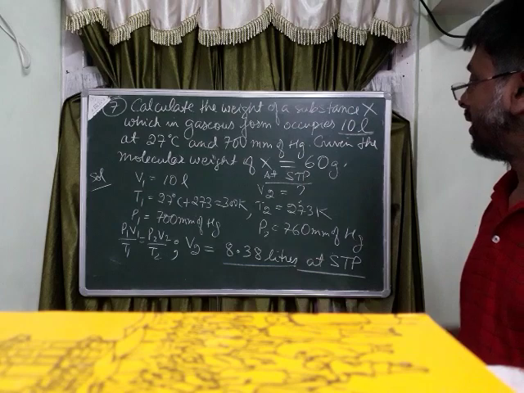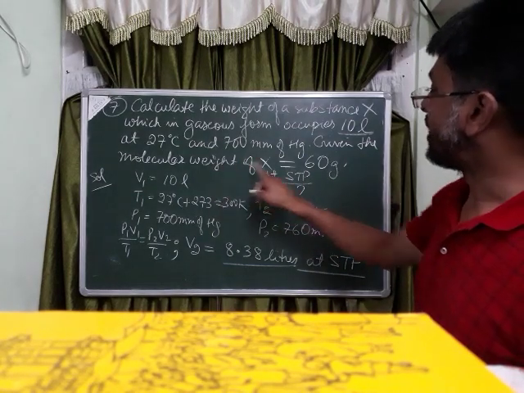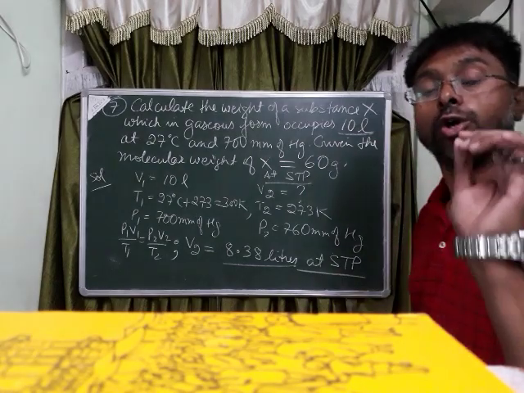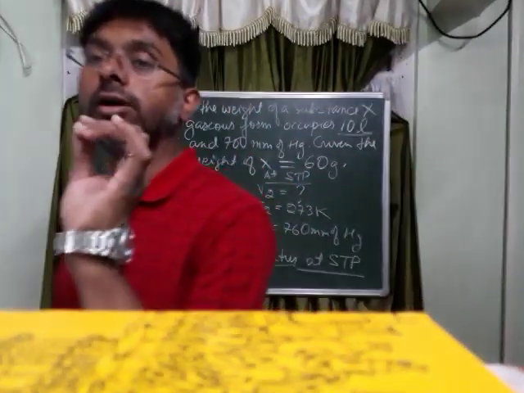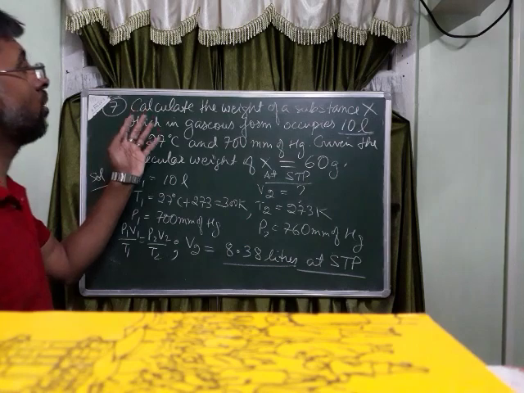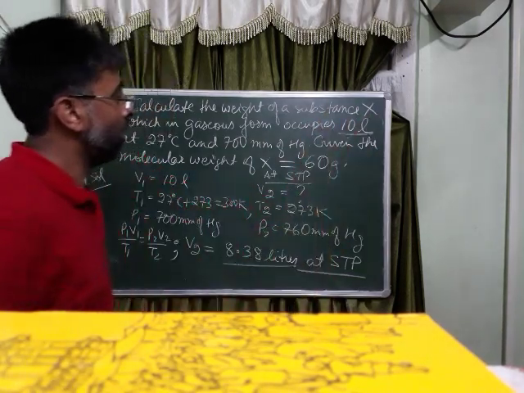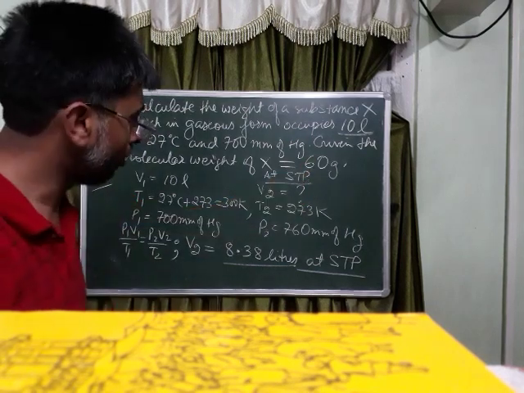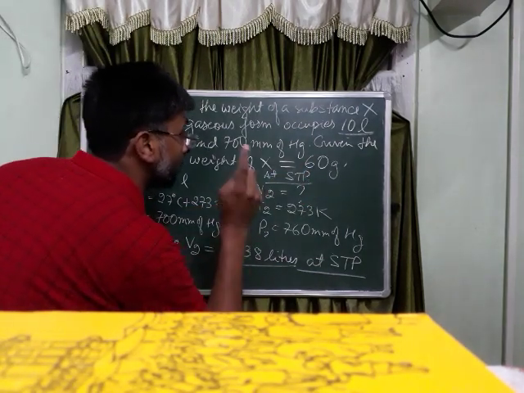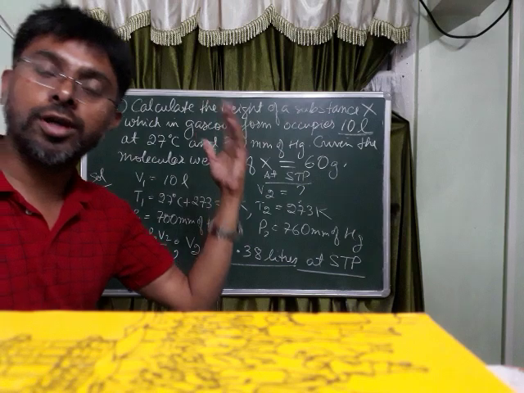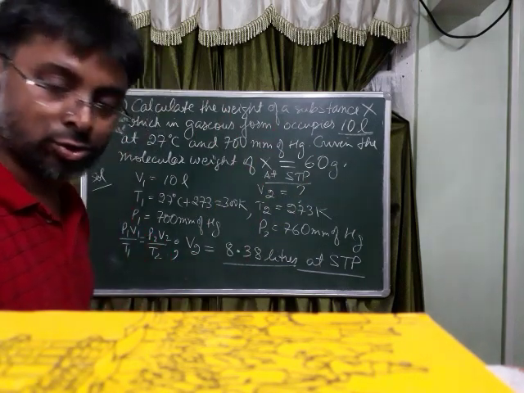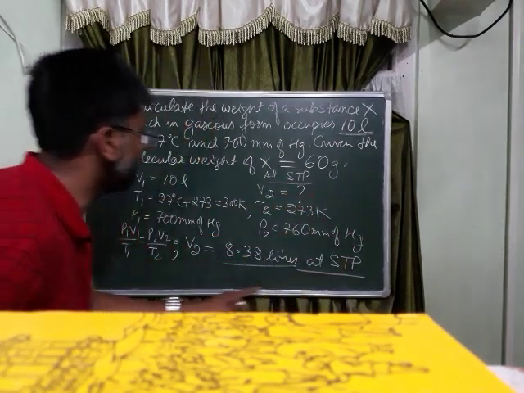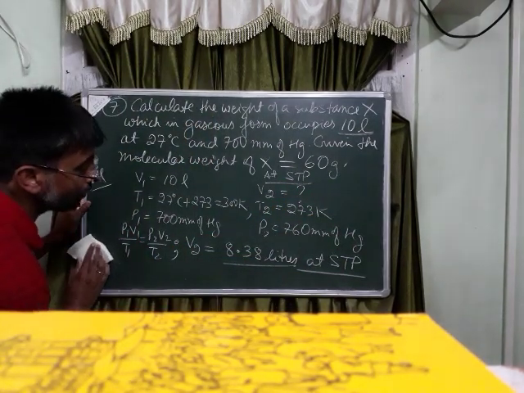Now, we know that the gram molecular mass of the gas is given, 60 grams. So, we know 22.4 liters of any gas or 22.4 liters of gas X will weigh how many grams? Will weigh 60 grams. Therefore, 8.38 liters of the gas X will weigh. By using the unitary method, we can also solve this problem. So let us do it again. Now, I am just going to clear this off. If you have copied it down, okay. Now, let me clear it off.